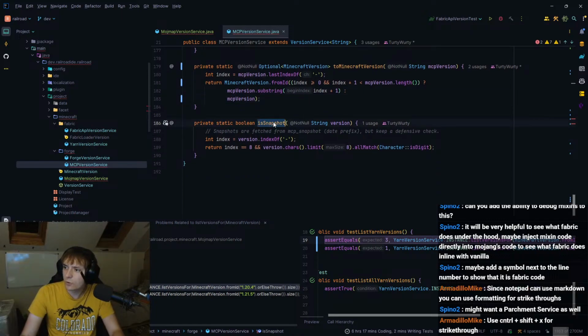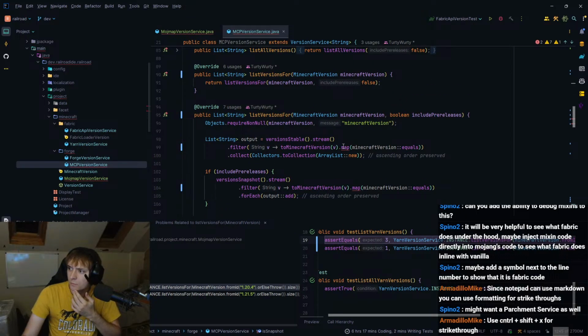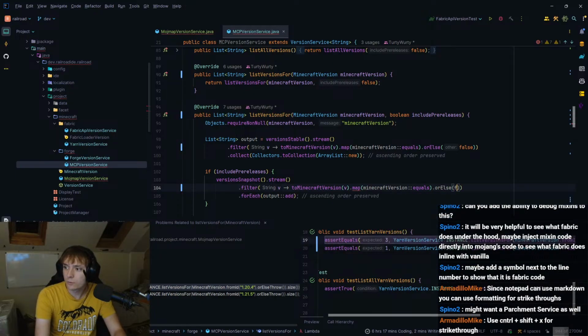Is snapshot, what's this called on? Oh, this needs to be orElse. Or else, false.